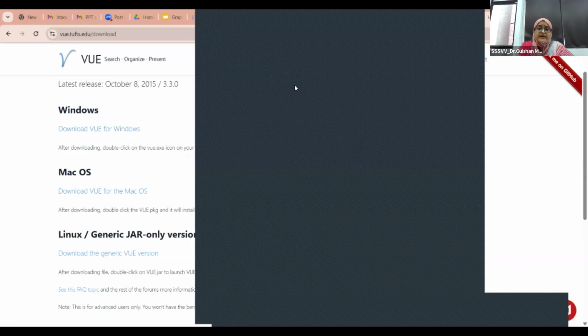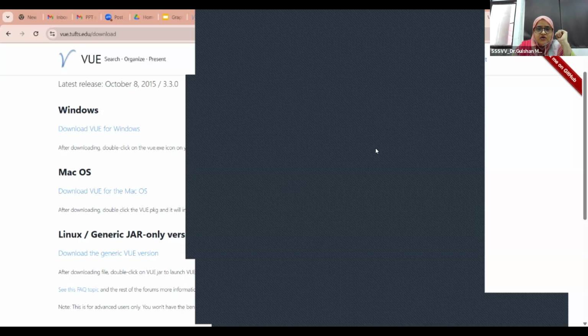Again, you will see two files. It is a Mac OS and the VUE installer. So you have to click on the VUE installer. Click on it, please, and click on the extract all option. Again, you will see a dialog box, and under that dialog box you will find two buttons, that is extract and cancel. I hope you are going with me. I request you all to download this software if you want to.